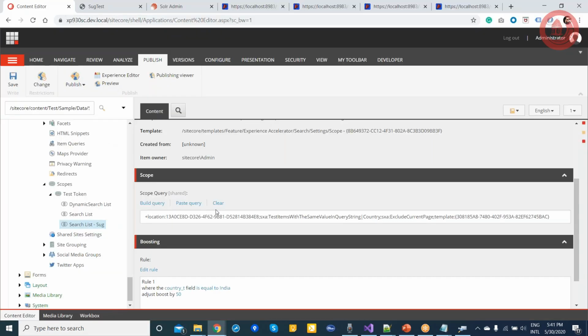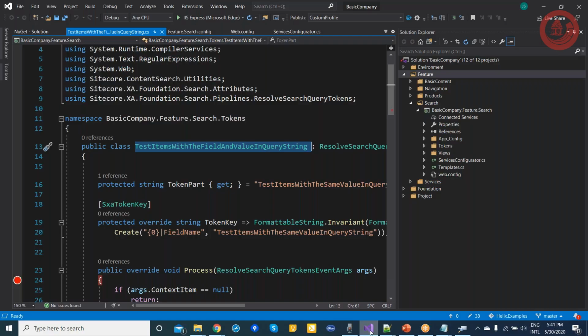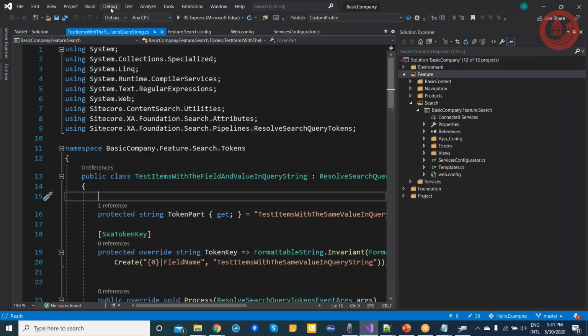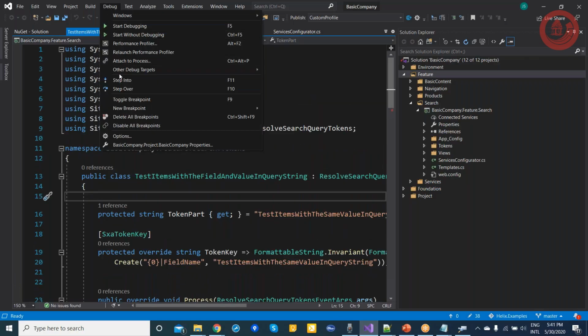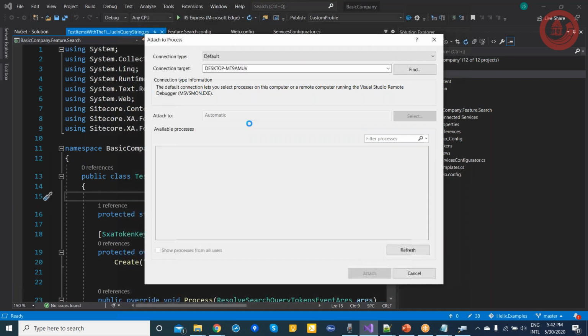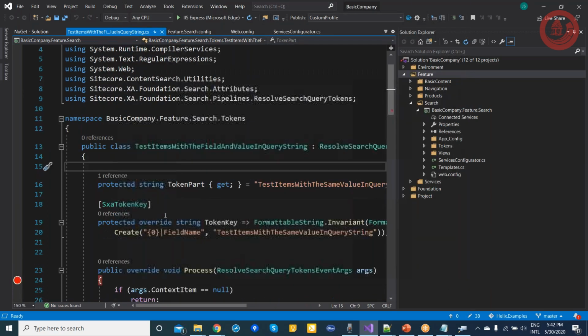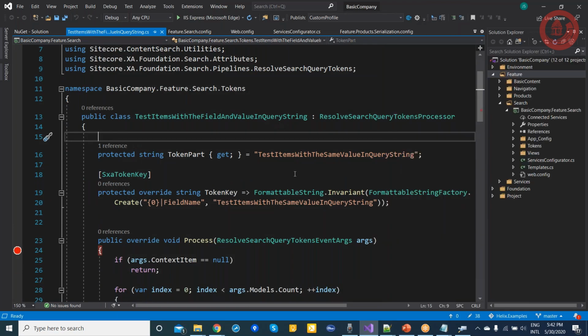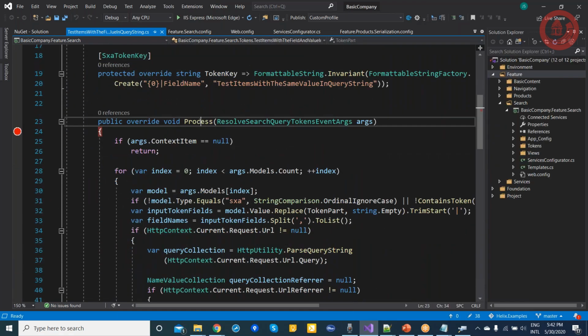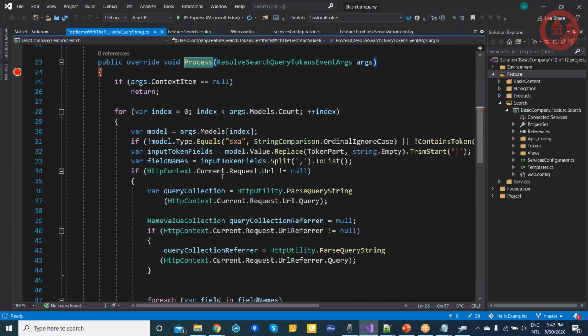Okay, and how I did that, I can just show you. I will put some debugger or something. So here I'm just overriding the process. I'm saying give me all the tokens which I am sending, which is country.